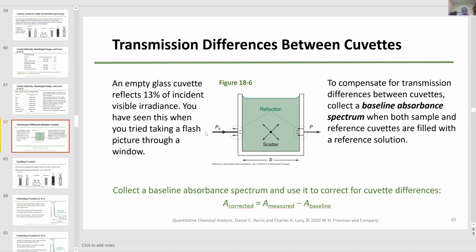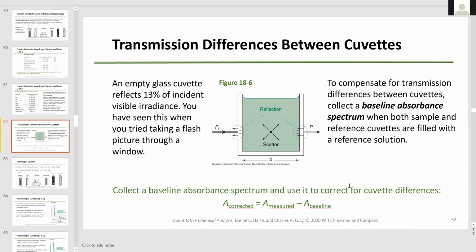That happens, and this is maybe a few percent actually. It depends on the difference in refractive index between the air and the cuvette, right? And there's a formula for that. It's called Snell's law,